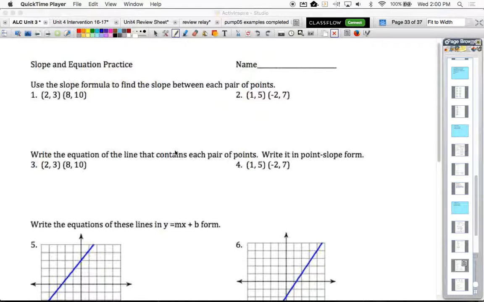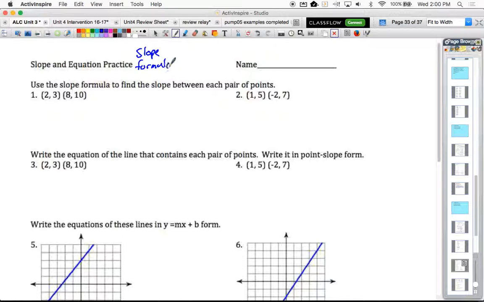We're going to do a few more practice problems related to this, and then you guys are going to work on a little assignment. So this is slope and equation practice. We're going to look at that point-slope form again, and I'm just going to write those formulas up on the top for our reference. So again, we're looking at the slope formula,